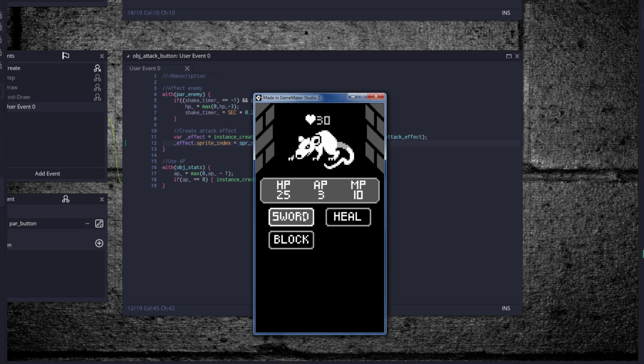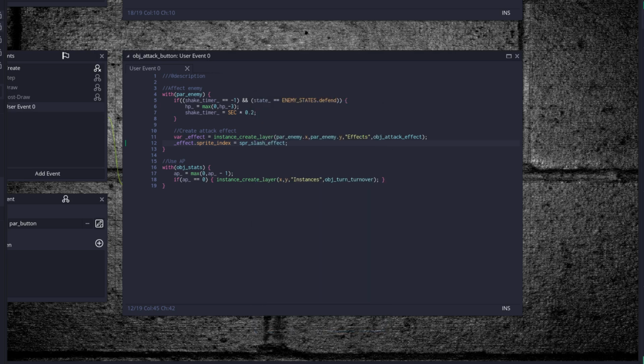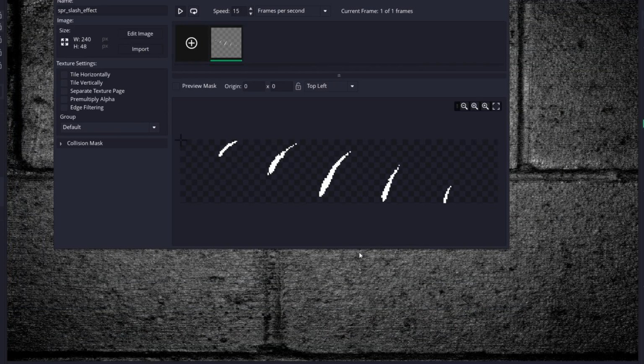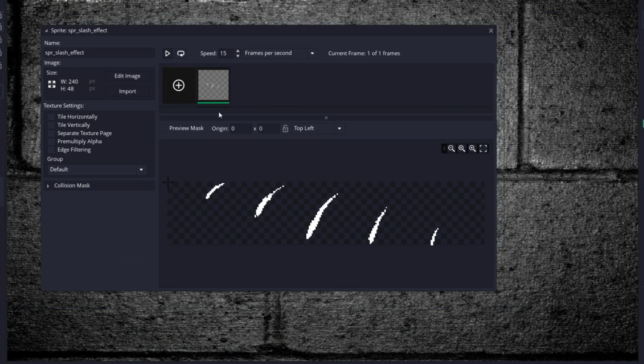Wait for him to pop in. There he is. Pow. Uh-oh. Not attacking in the right position. That's because if we come back to our sprite for the slash effect, you'll notice that the slash effect is